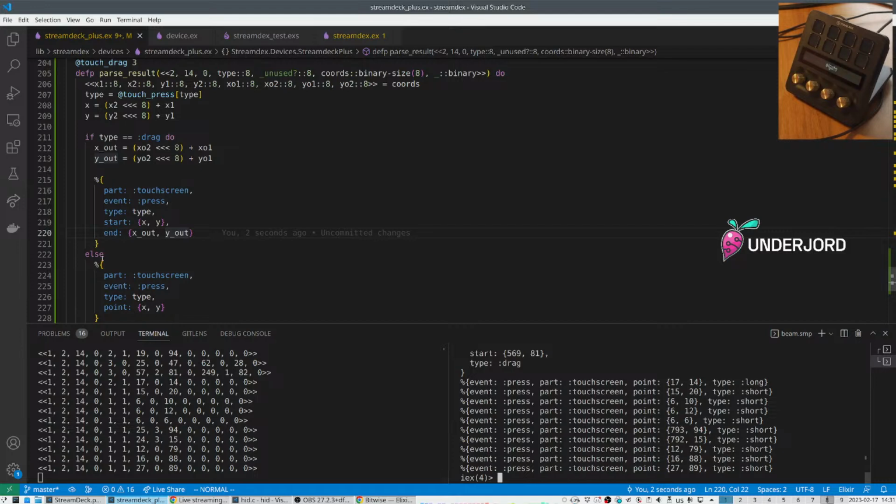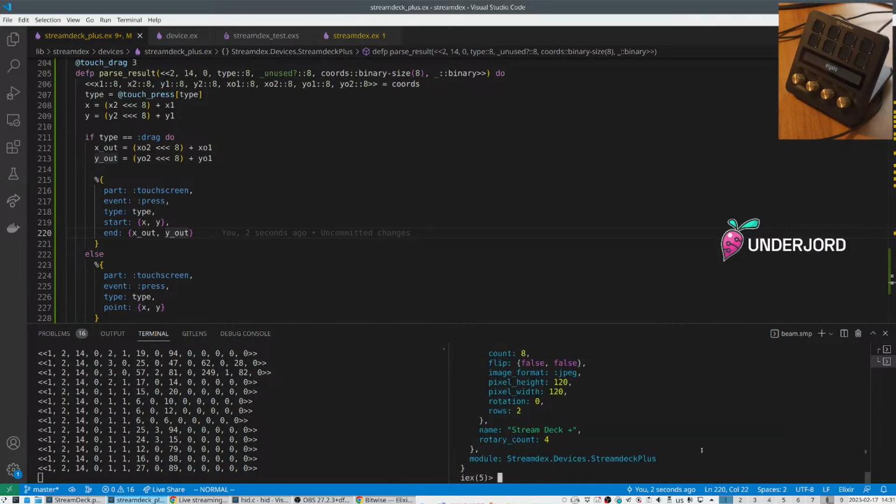To answer Rabbit's Foot's question. All right, so this is actually a sign that we've implemented all of the inputs. I've also implemented